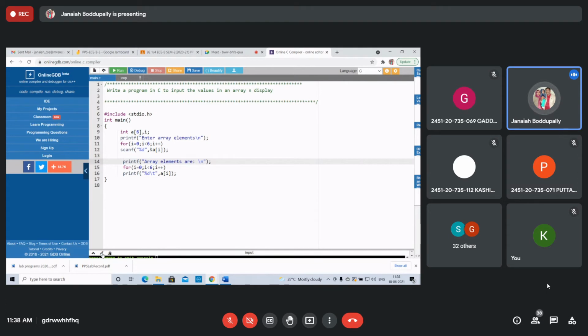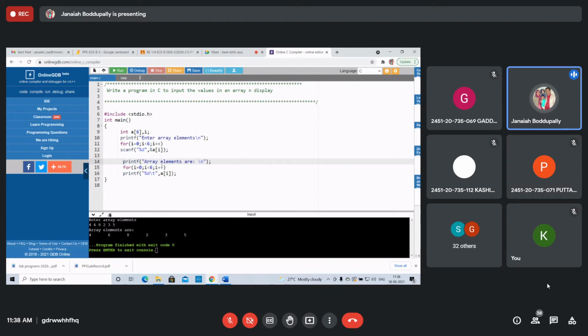This is the result. If you want a small gap, just give a space. If you give a tab, the elements are displayed with tab spacing. Whatever elements you enter are displayed. Reading of elements from the keyboard, then display the array elements. Got it, students? How to read the elements?